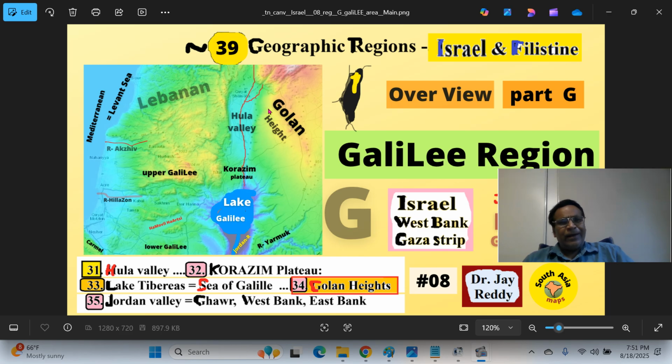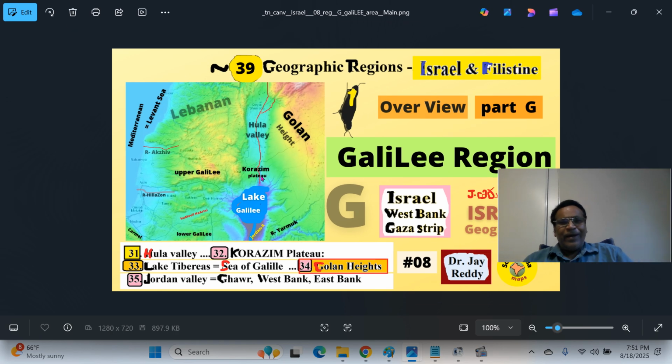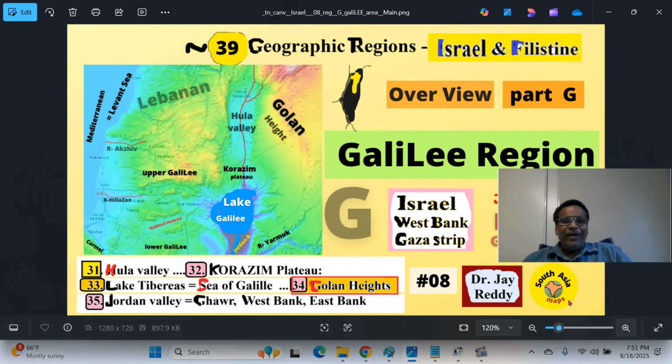So this is the Golan Heights, and it is a de facto part of Israel, and de jure part of Israel. And the Jordan River comes here. This is the Jordan Valley. During the British Palestine mandatory period, the Jordan Valley has a western part and an eastern part. Because if you take Jerusalem as the major administrative headquarters of the British mandatory Palestine, this side of the river is called cis in the Latin word. Across the Jordan River is called trans. So this is the cis, this is the trans.